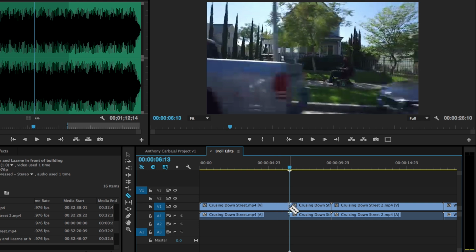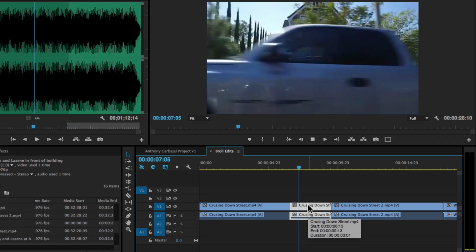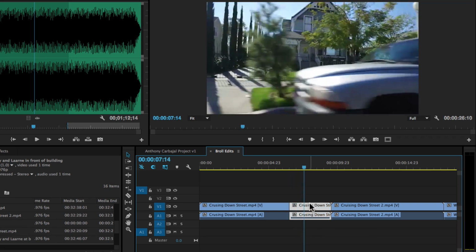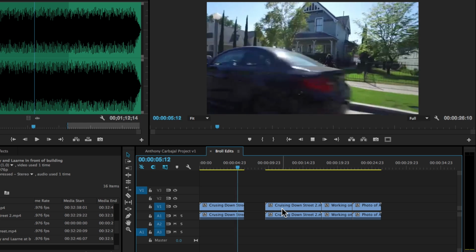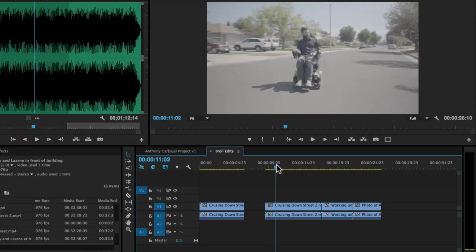So now we have an edit right at that spot. I can go back to my selection tool, just pressing V on my keyboard, select this second part where he's going behind that truck, and delete it just by pressing delete on my keyboard on a Mac or backspace on a PC. Say I want to cut right there, but then go directly into this clip right here,